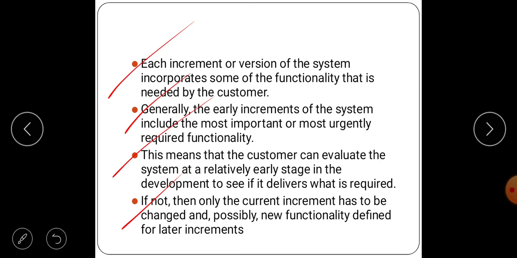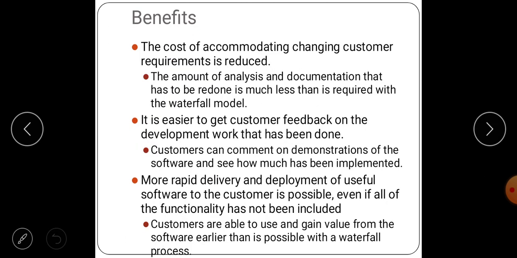After giving the feedback, the current increment can be changed, or there is the possibility of new functionality being defined for the later increment, meaning the next increment, after getting the feedback. Okay, what are the benefits of incremental development?